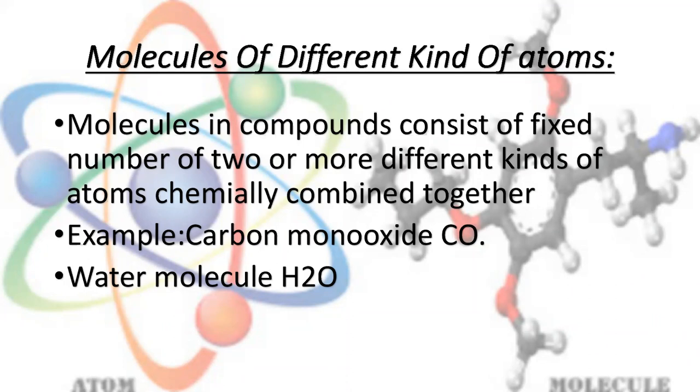A molecule in the case of elements consists of a fixed number of one kind of atom only, while a molecule in a compound consists of a fixed number of two or more different kinds of atoms chemically combined together. For example,